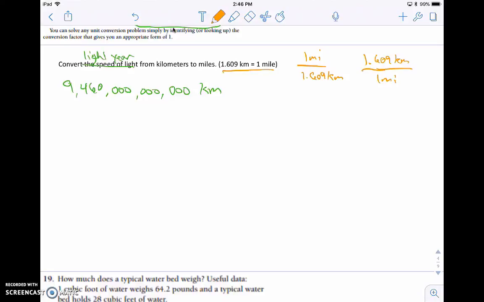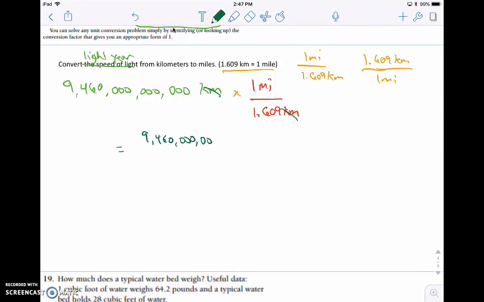And the idea is we are trying to go from kilometers to miles, and so I want to cancel out the kilometers and keep the miles. So what I'm going to do is multiply by 1 mile, because I want to keep the mile, so that's going to stay in the numerator, and I want to cancel the kilometers. So I'm going to use 1 mile over 1.609 kilometers, because then again, the kilometers are going to cancel, and this is going to be equal to